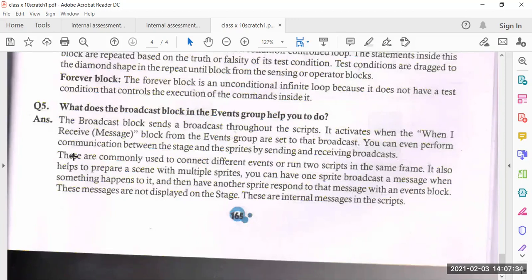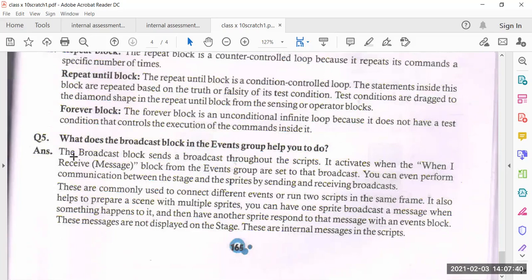So before we perform the broadcast block, first we again repeat the forever block, because the main thing is that for understanding, the block is very important.